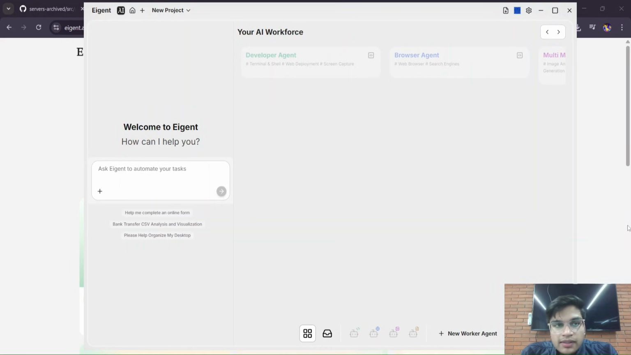After downloading the setup file, you can simply install Agent AI. After installing, you just need to give some permissions to it so that it can browse throughout your computer. Once all the permissions are given, this window will open. As you can see, it has different modes like developer agent, browser agent, multimodal agent, document agent, and many more. You just need to write here the task which you want to perform, and then